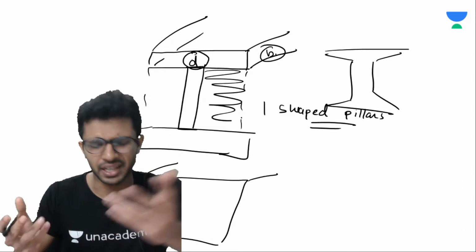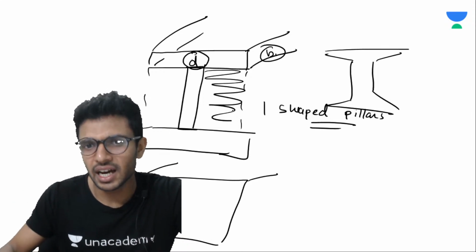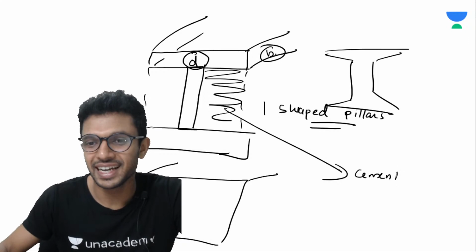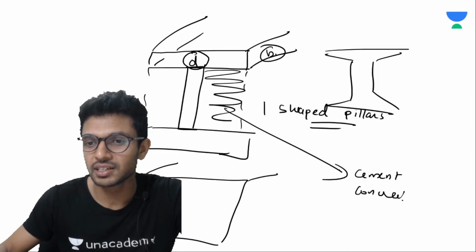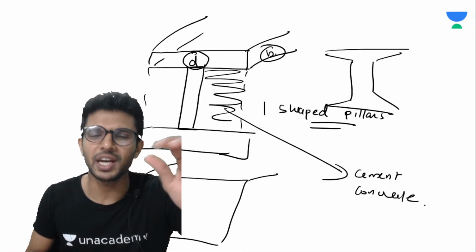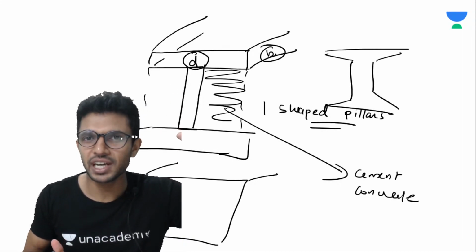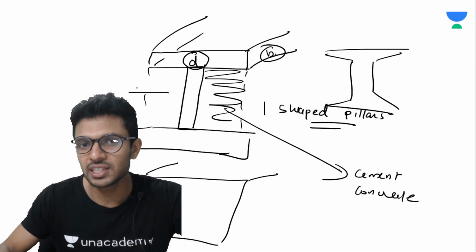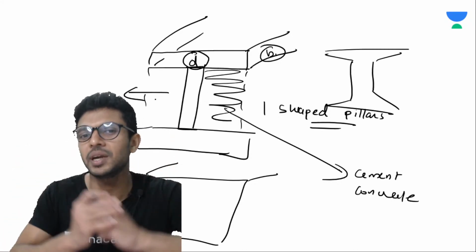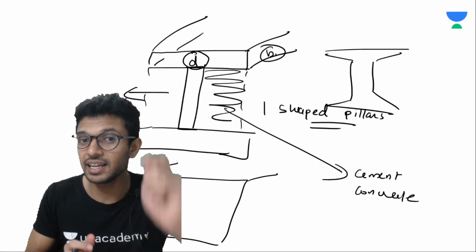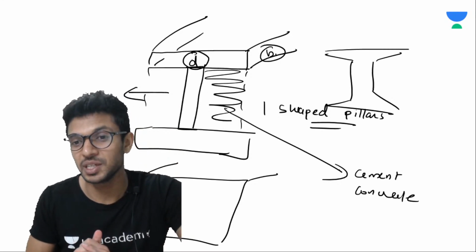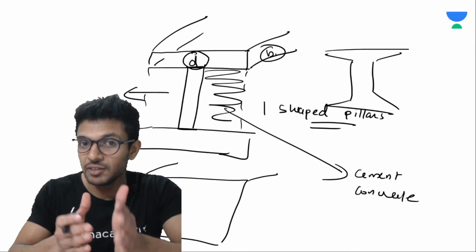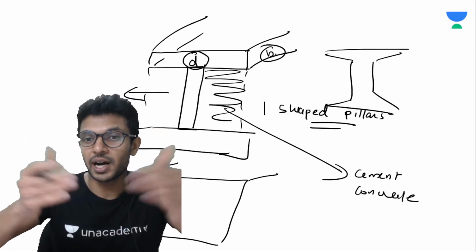You'll be asking, sir, why can't we increase? We can just increase, right? Just increasing means we have to use a lot of cement, a lot of concrete. So the budget while making the pillars will go up. So in order to make it economical, we are removing this much part when the pillars are being made. But still the strength of the material is being preserved. Still we can prevent the buckling from happening even though we remove this much of part.